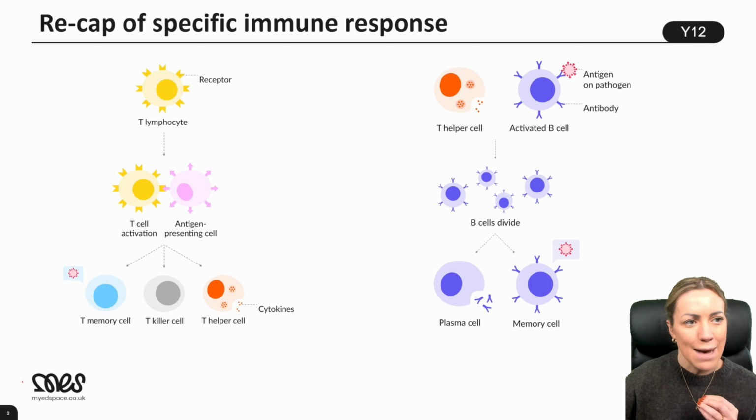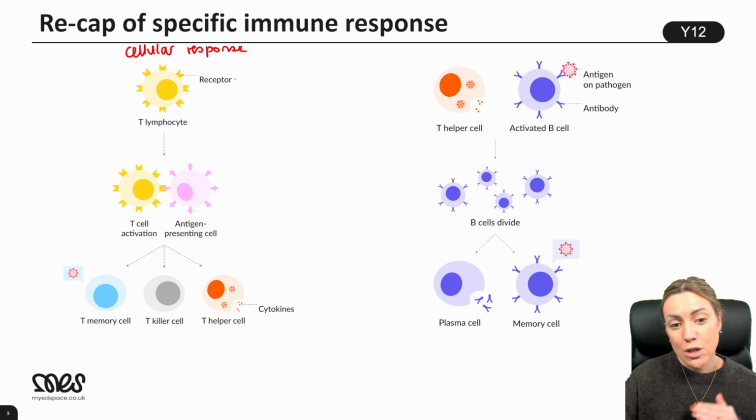So we're going to recap what we call the specific immune response. Remember, it's called the specific immune response because the T lymphocytes and the B lymphocytes that we need are the correct lymphocytes with the correct complementary receptors for this specific foreign antigen. So let's start with the T lymphocyte response. Now we call this the cellular response